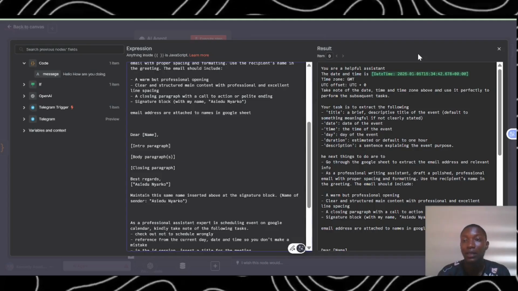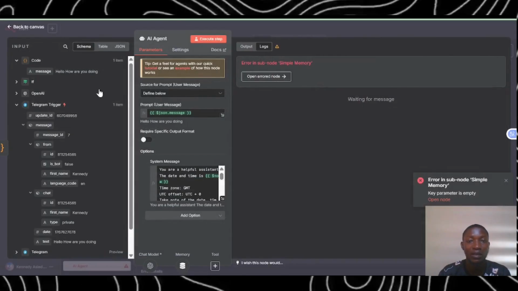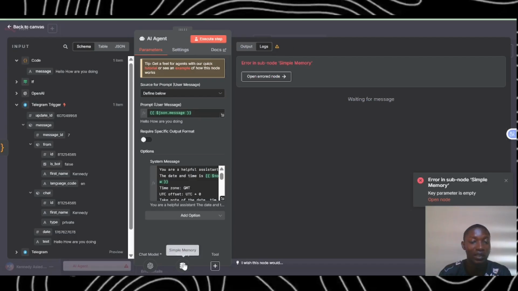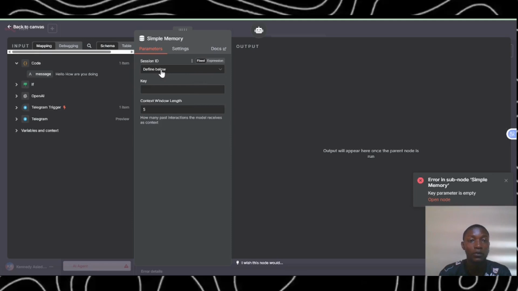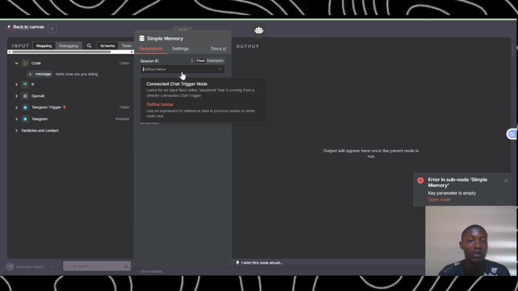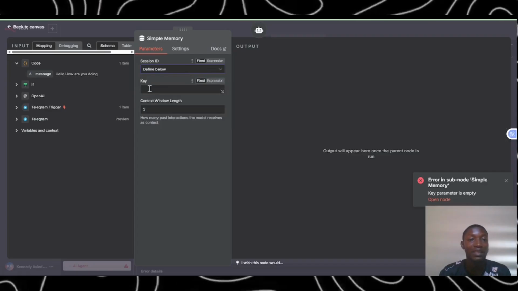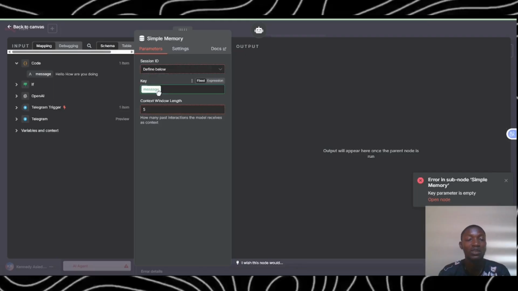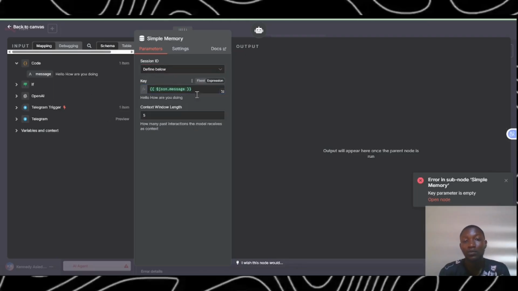So now let's get back. We've now added our system prompt. So let's get back and add the necessary things. So we've added memory. Let's go to memory and see if it's configured. All right, so we switch the session ID also to define below, and then the key, like I said earlier, should also be the message. What should the AI remember? So in this instance, we just want it to remember the